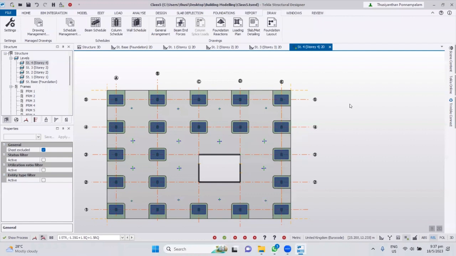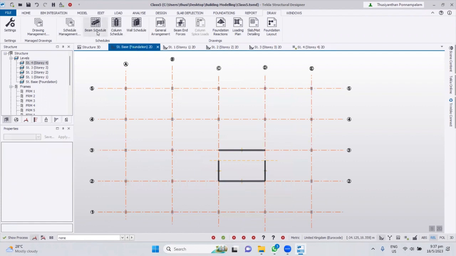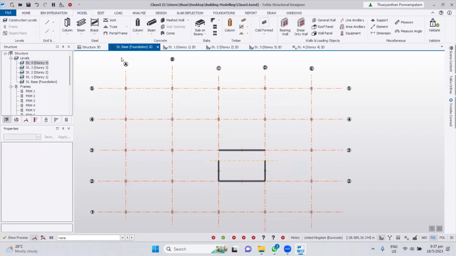Okay, so that's all for the flat slab design. I stopped the analysis and design here. Now I'm going to design the footing, flat footing. So I go to the foundation levels in the model. If you want to do the footing design,